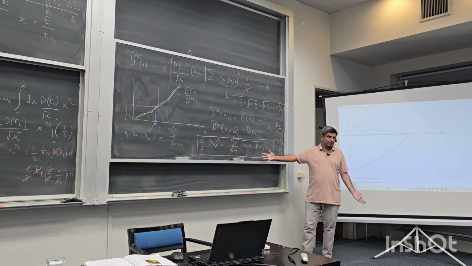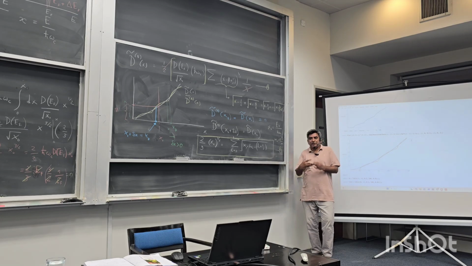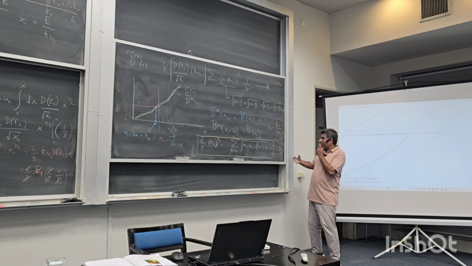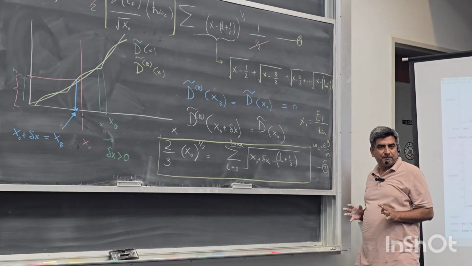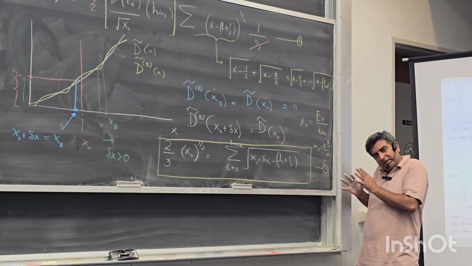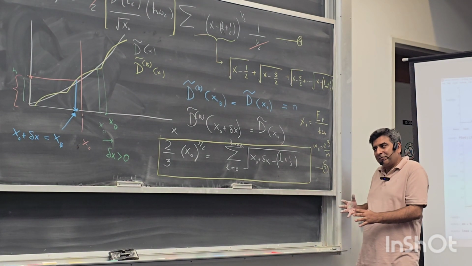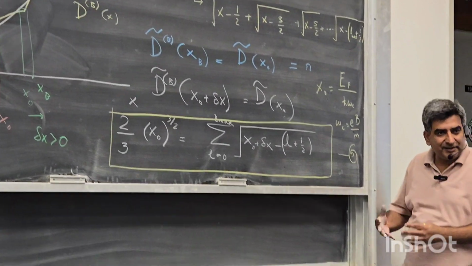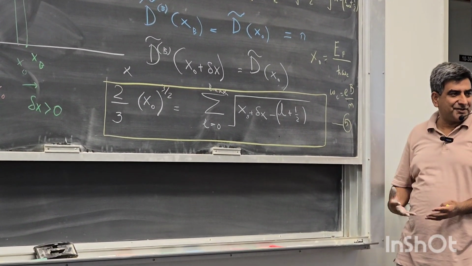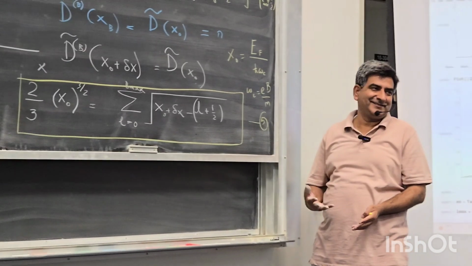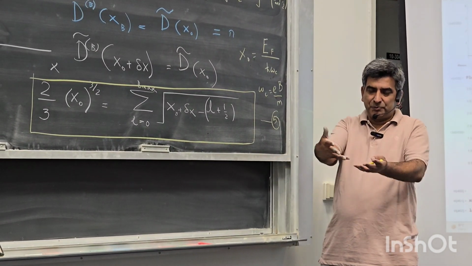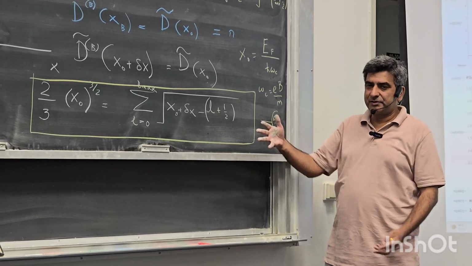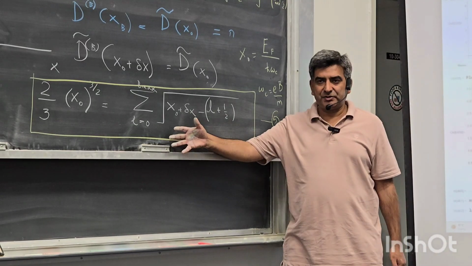You just solve this equation and find out, for a particular value of x naught, which in disguise is inversely proportional to the magnetic field, how much the Fermi energy changes. How much is delta x? Correct? So let me do this numerical kind of solution for you. So I take this equation